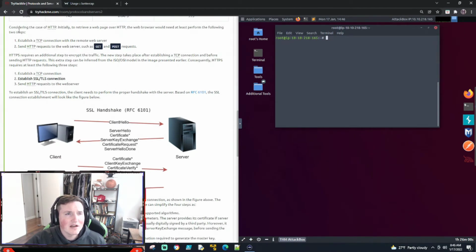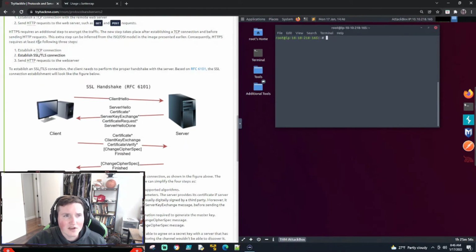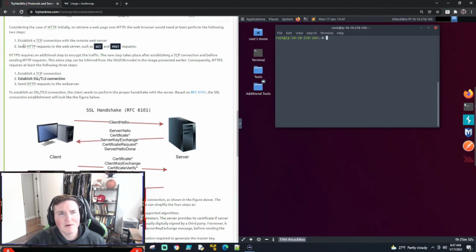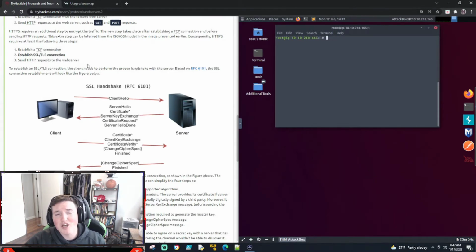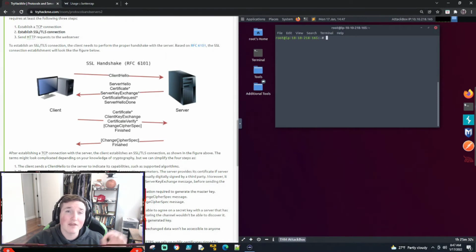All right. So let's see. This is just telling you how HTTP works, and then here it's saying the difference. HTTP establishes a TCP connection. Then it sends the HTTP request to the server, whereas HTTPS first establishes the TCP connection and then establishes the SSL or the certification connection, meaning they're going to verify each other, who they are, their existence, and that they're legitimate, meaning they were signed by a third party.